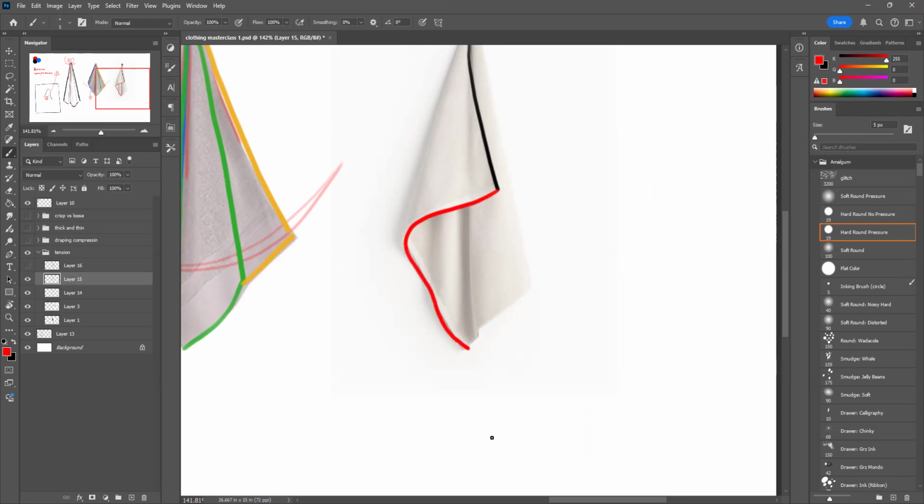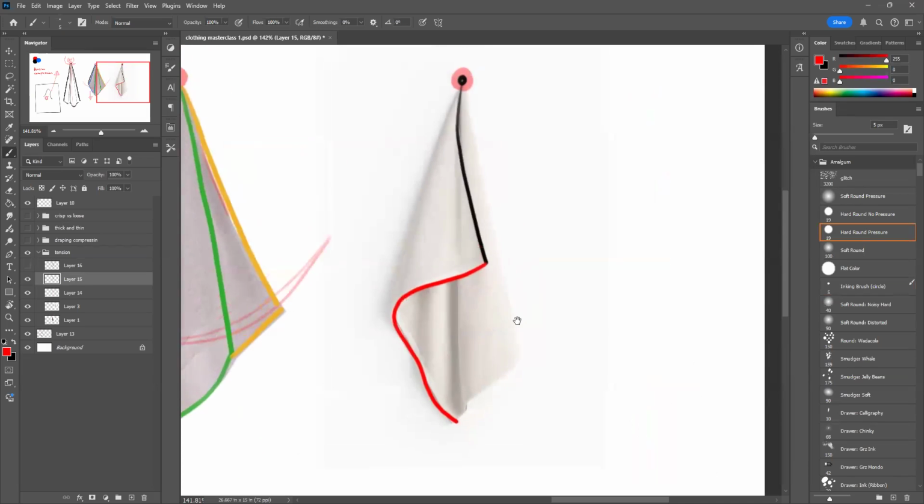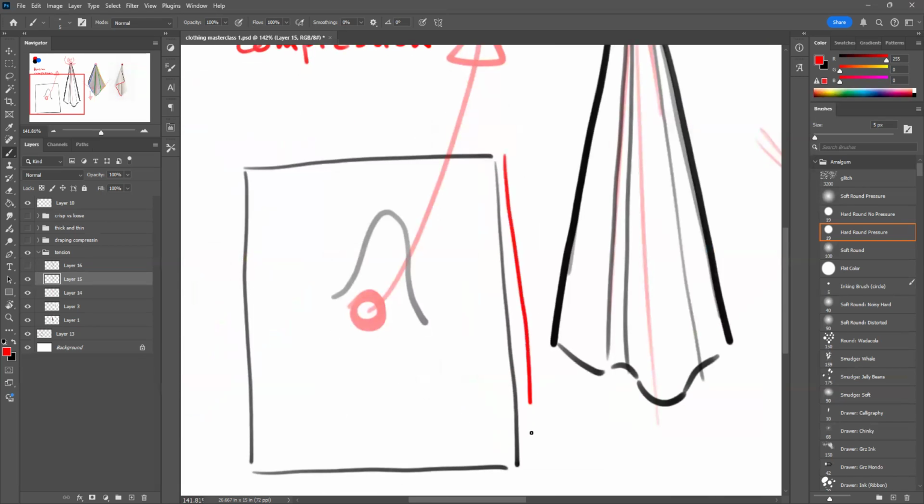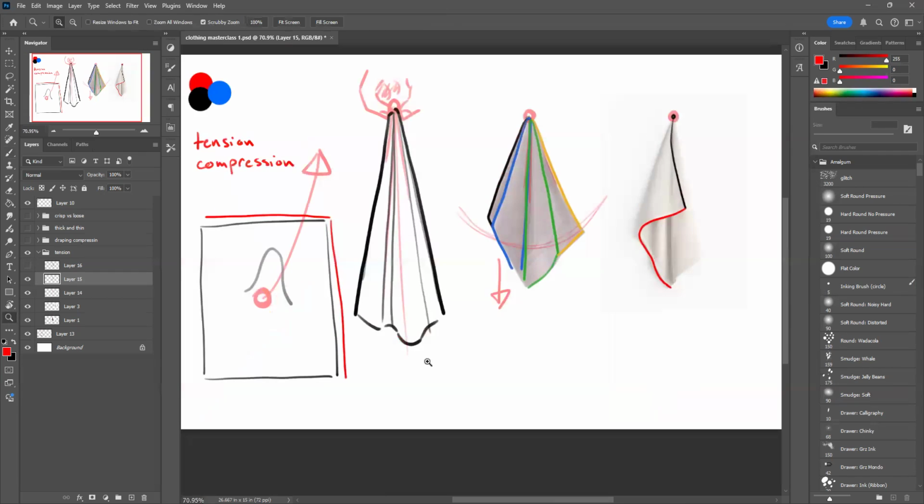If you're ever having a hard time with your cloth, stop thinking about all this in between stuff and think more about what your edges are doing, like over here, right? These edges, what are these doing, right? Like on this one here, this is the base, right? And from this base and from this top, you can usually logic out what your piece of cloth should be